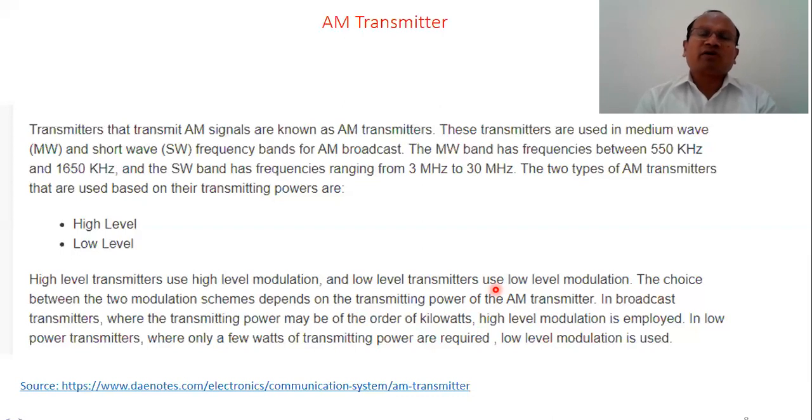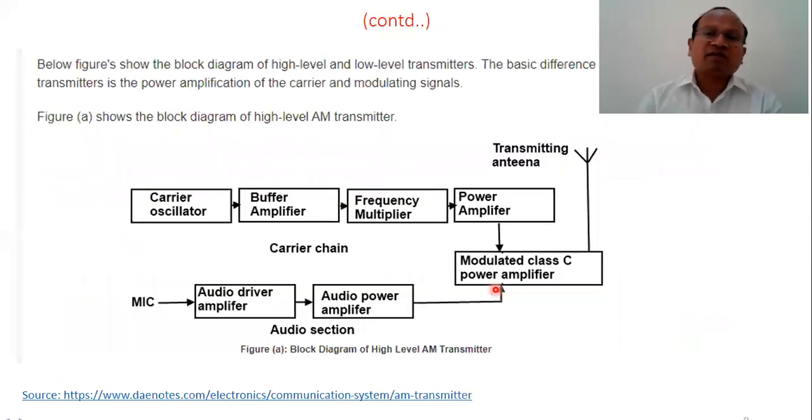There are two AM modulators which are actually used in the transmitting scheme. The AM transmitter aims to transmit the signal in an AM broadcast system, where the power required is several kilowatts. The modulator which will be recommended and used in the AM transmitter will be the high level modulator.